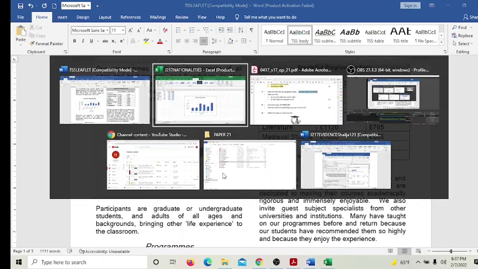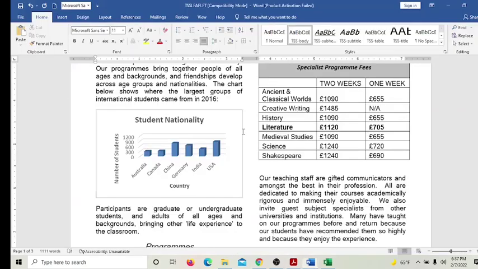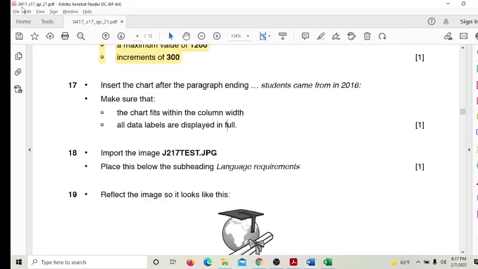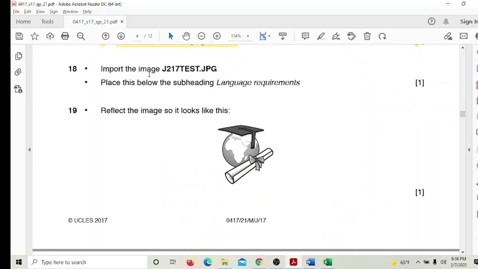Okay, now go to the paper. Make sure that the chart fits within the column width. All data labels are displayed in full. All the data labels are displayed in full and it fits in the column width perfectly. So save it. 17 is done. Import the image